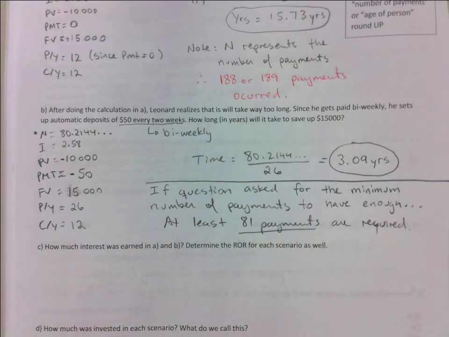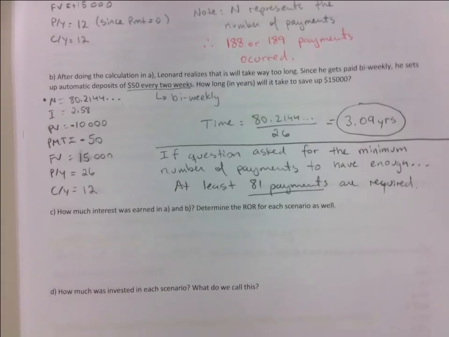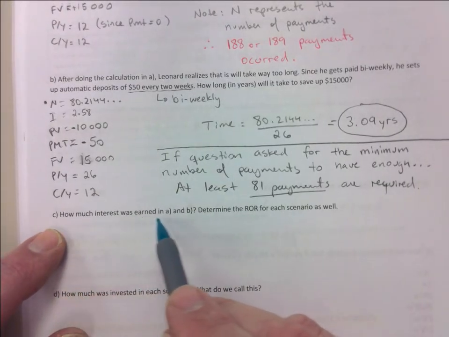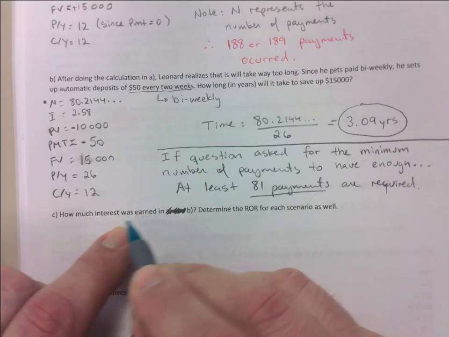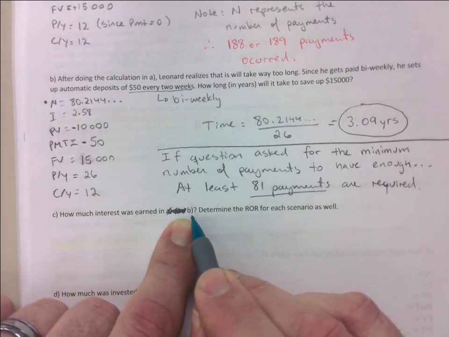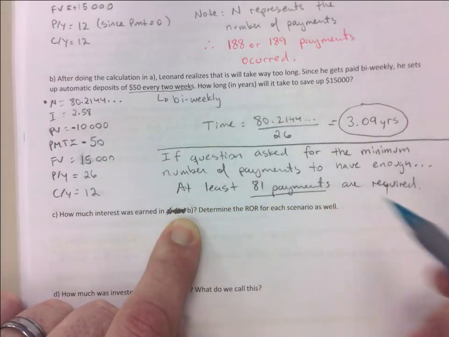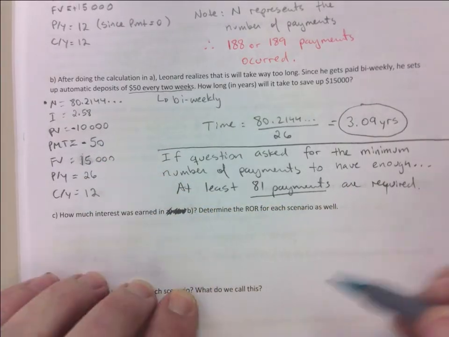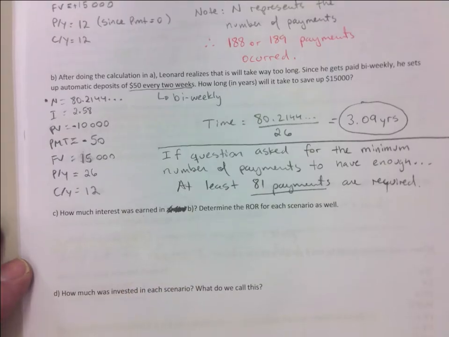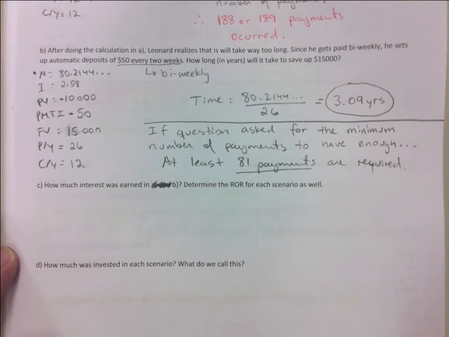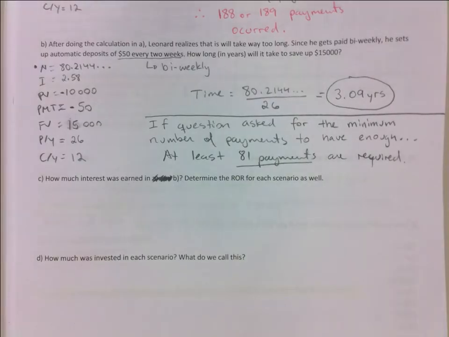This is probably just like an aside. Okay? I will ask you, for C, how much interest was earned in B. So we're gonna get rid of this. I just want to ask you how much interest was earned in B in this scenario here. Determine the rate of return. I don't need you to do rate of return, or will I? I will. That one I will. Just hang in there, okay? I know it's a little dry. TVM is not the funnest, but